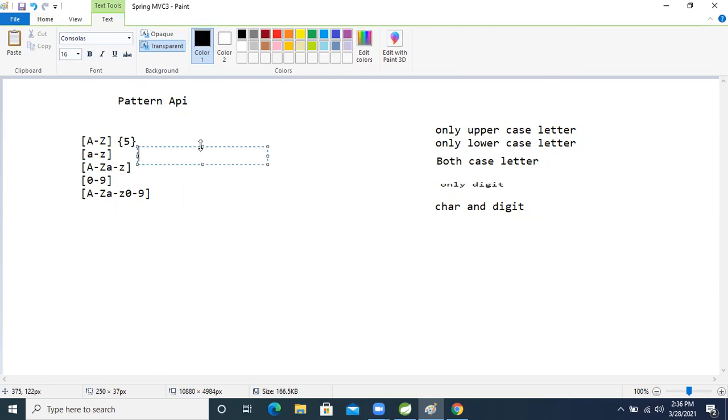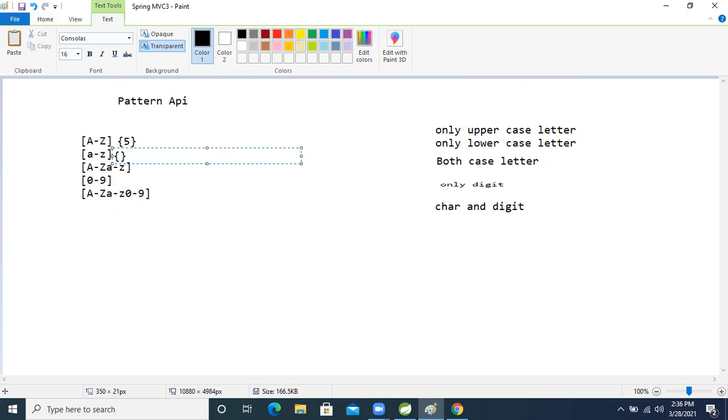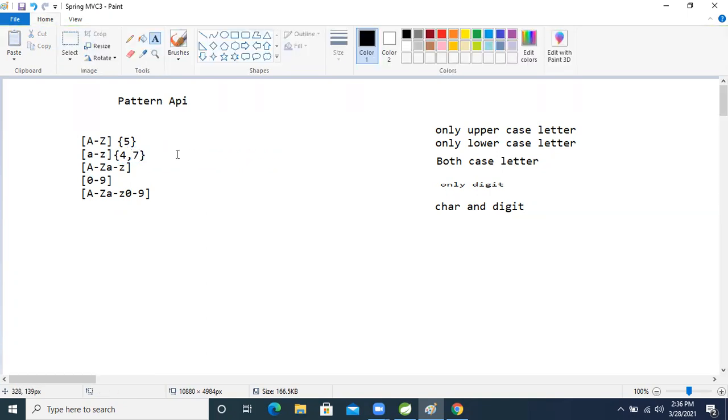So for that, just now, after writing this bracket, what will we do? Open a curly bracket and close the bracket. Inside that, minimum 4 letters, maximum 6 or 7 letters. We can give it like this. In the API, we can't put a max of 8 letters. If we put that, then our validation API will give false. And if we take fewer than 4, it will also fail. Between 4 and 7 letters, we need to take A to Z letters.